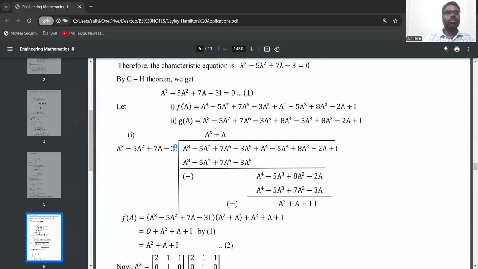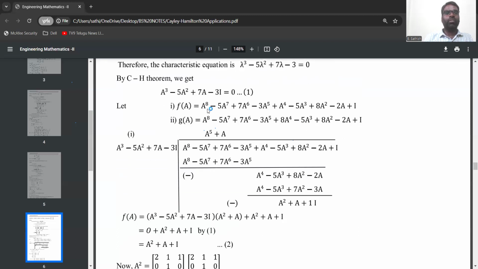From that, we need to find f of A equals A power 8 minus 5A power 7 plus 7A power 6 minus 3A power 5 plus A power 4 minus 5A cube plus 8A square minus 2A plus I. And the second one, we are assuming g of A is equal to A power 8 plus